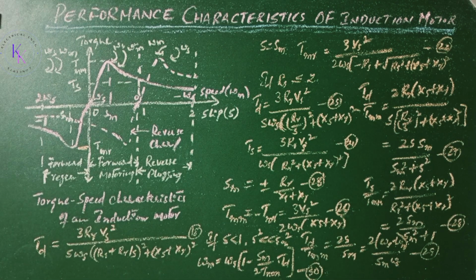Now, it can be noted from equations 29 and 30 that if the motor operates with a small slip, the developed torque is proportional to the slip and the speed decreases with the torque. The rotor current, which is 0 at synchronous speed, increases due to the increase in Rr by S as the speed is decreased. The developed torque also increases until it becomes maximum at S equals Sm. For S less than Sm, the motor operates stably on this portion of the speed torque characteristics. If the rotor resistance is low, Sm is low, that is, the change of motor speed from no load to the rated torque is only a small